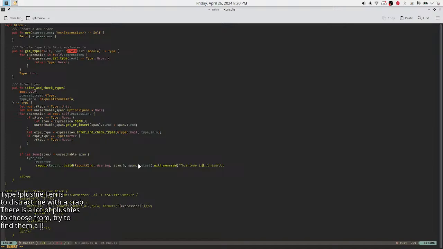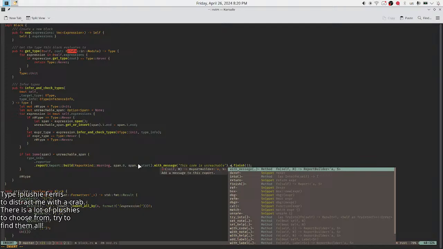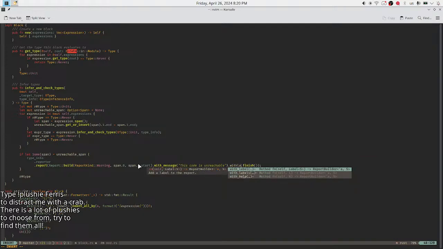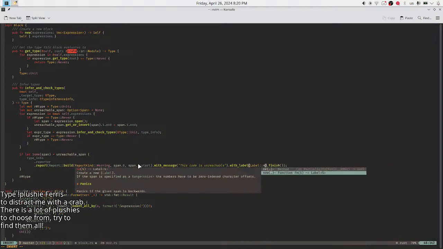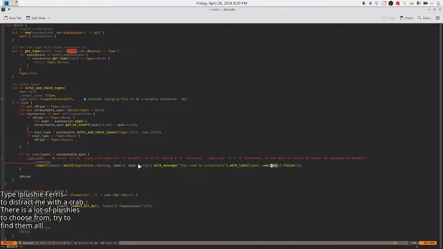This code is unreachable. And then with a label, new span is a span with message.